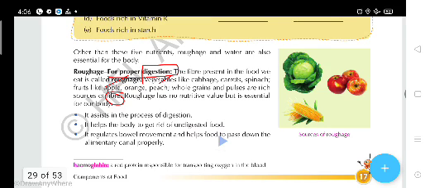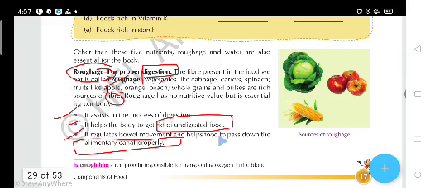As I told you, these roughage foods do not give us any kind of nutrients, but even that is essential. Why? Because it assists in the process of digestion. It helps the body to get rid of undigested food. As I told you, it prevents us from constipation. This is a major problem for human beings nowadays. It regulates the bowel movement and helps food to pass down the alimentary canal properly. Overall, it prevents constipation.